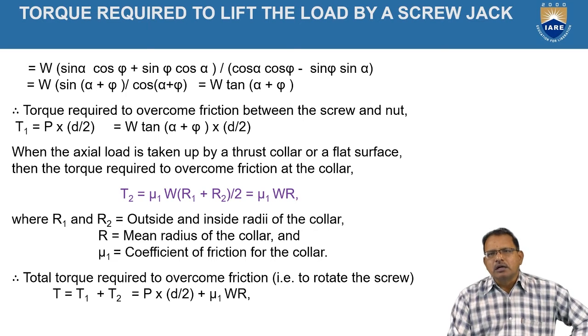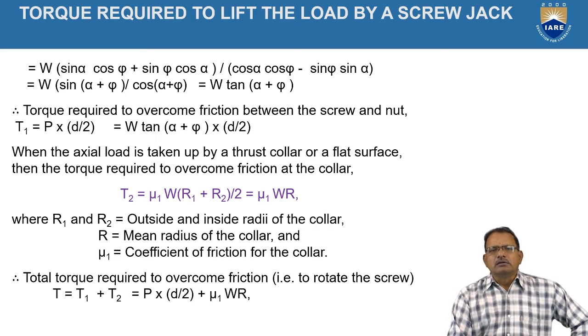So the total torque to overcome the friction between the screw and nut is given by T1 equal to P into D by 2. Since the turning force is applied at the circumference of the circle, force into distance is required, and so we take P into D by 2, which is also equal to W into tan of alpha plus phi into D by 2. But